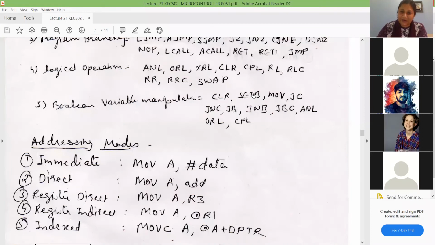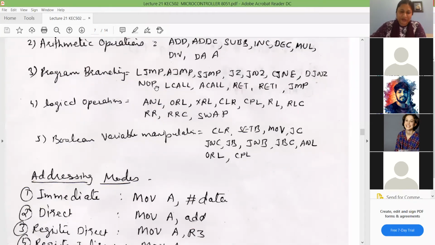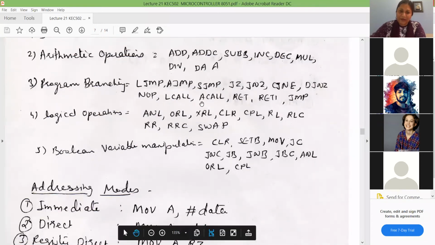That is clearing and setting of the bit, because 16 bytes of RAM location is bit addressable. So you have to have instructions which will set these bits and clear these bits. So you have instructions like SETB for setting the bit and CLR for clearing the bit. Then even bit operations are available with move, jump if carry bit is set, jump if carry bit is not set, and jump if the bit which you want to check is set or not, you can check and jump accordingly with the instruction JB. So we'll see all these instructions. So this is the way the instructions are classified in the 8051 microcontroller.